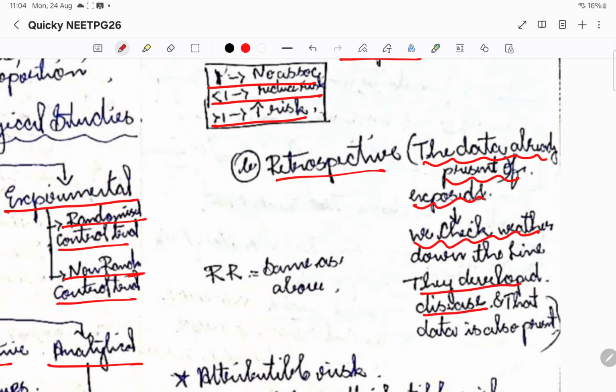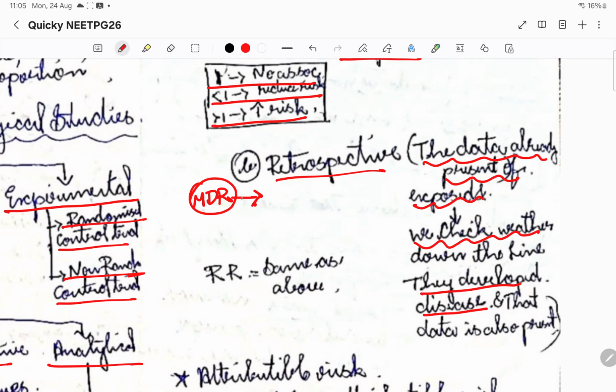Okay, how this retrospective cohort is done is, here we are not following them up. As we did in the prospective study, here the data is already present, meaning we'll go to the medical records department in a hospital. Okay, so we'll ask them